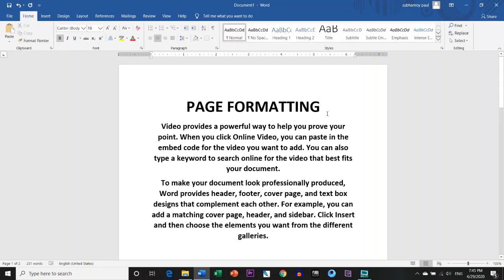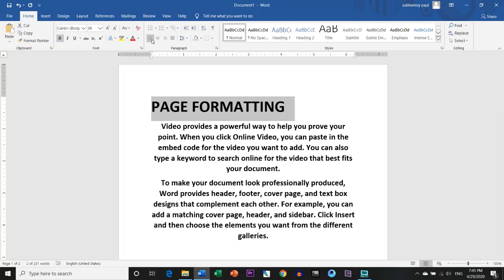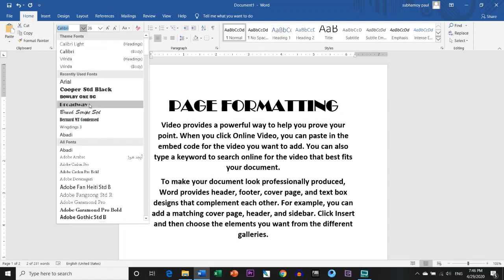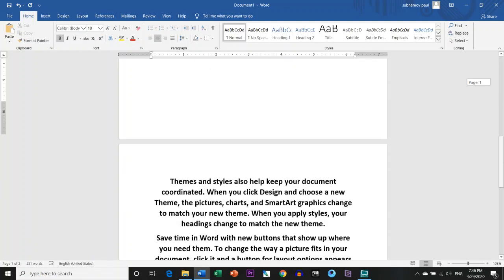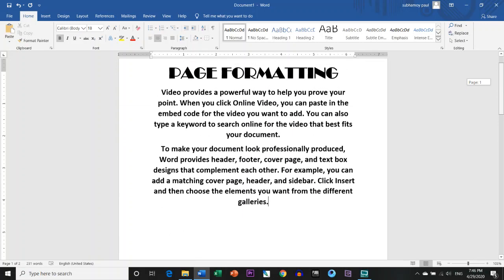And another information is alignment. I hope you all know it. I have shown in previous content how to bring this text into left aligned, right aligned or center aligned, or how to add some border shading, or how to change the style of the text. From here you can change the style of the text, so I'm not going to repeat it, but I hope you all know it. Now these are the information related to page formatting.